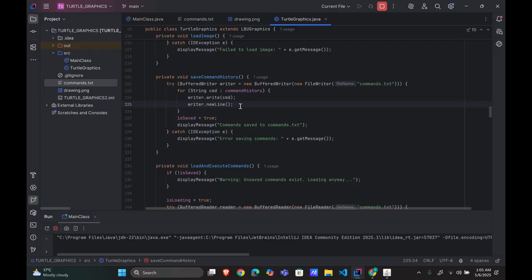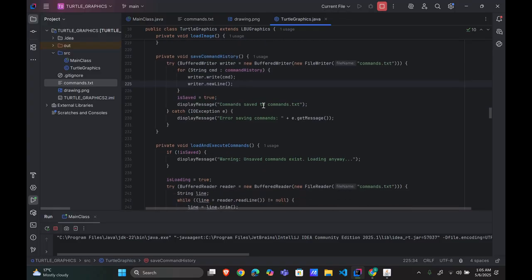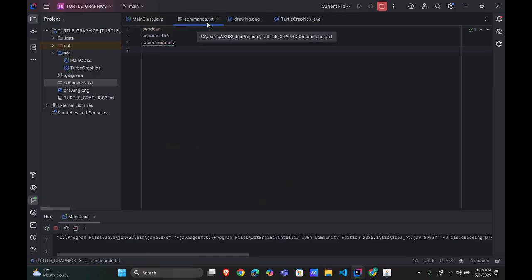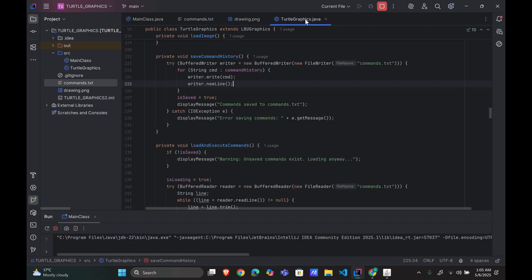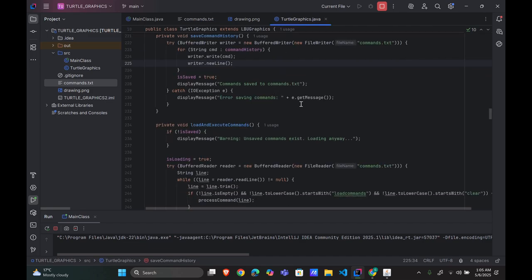And when all the above code is executed, the file has been created. Yeah, you can see here in this commands text file. And if any errors happen, user-friendly error messages are triggered by this block. Now let's move on to the